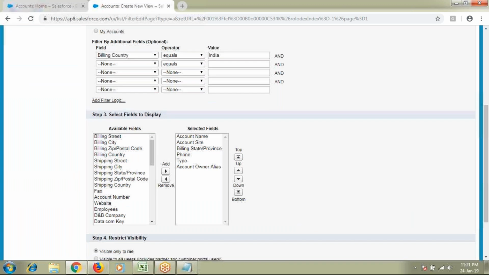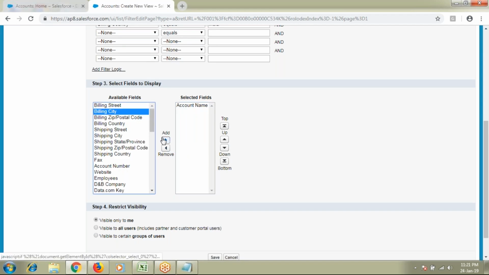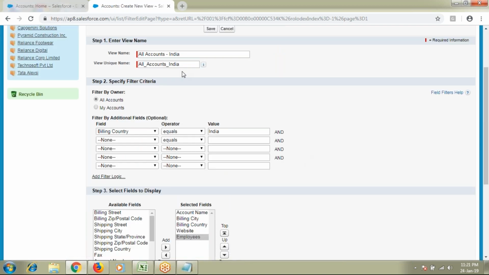I don't want all these things, so I will remove them. Click on remove. Now here I'll add, let's suppose, country, city, website, and number of employees. So whenever I select this particular list view, only these 5 selected fields should be visible on the page.